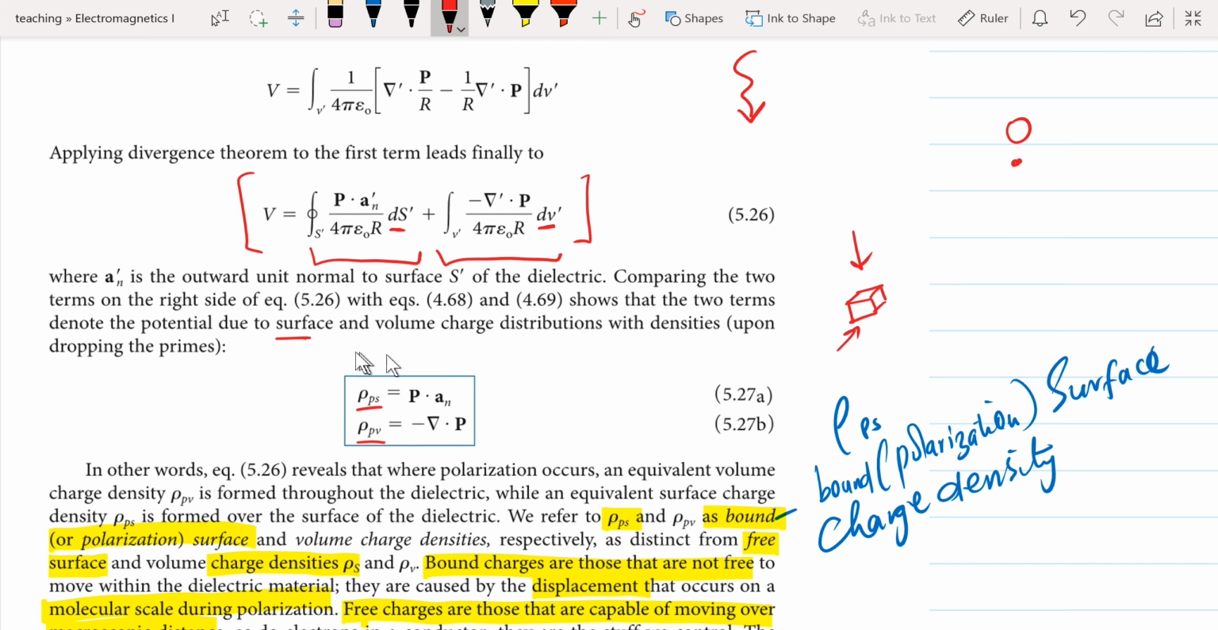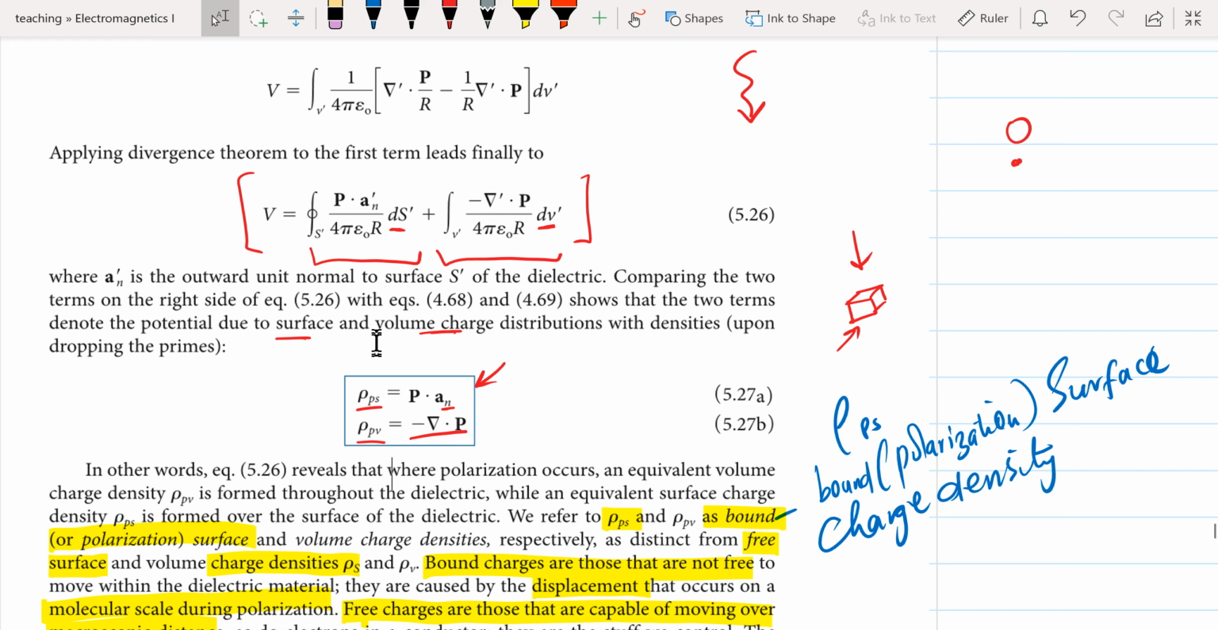These two are characterized, one by the polarization vector P with a unit vector a_n, and the other is due to the volume, which is considered to be the divergence of the polarization vector. So having said that, and just observing that we have two terms that constitute V as observed from point O,